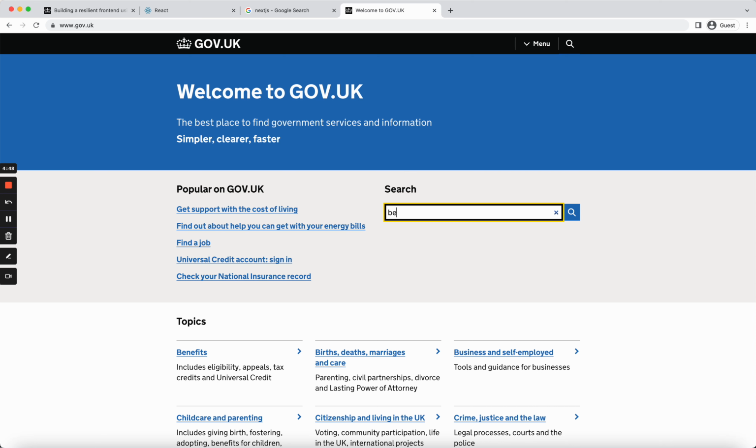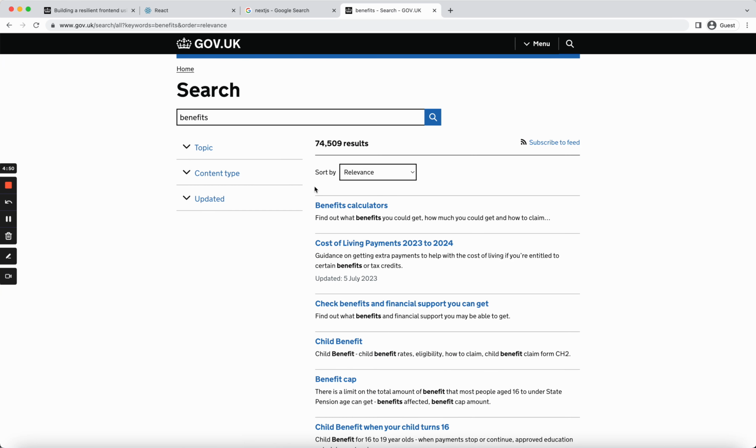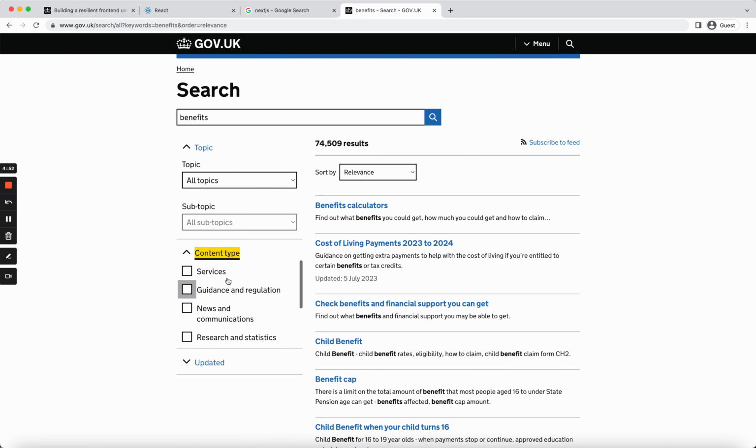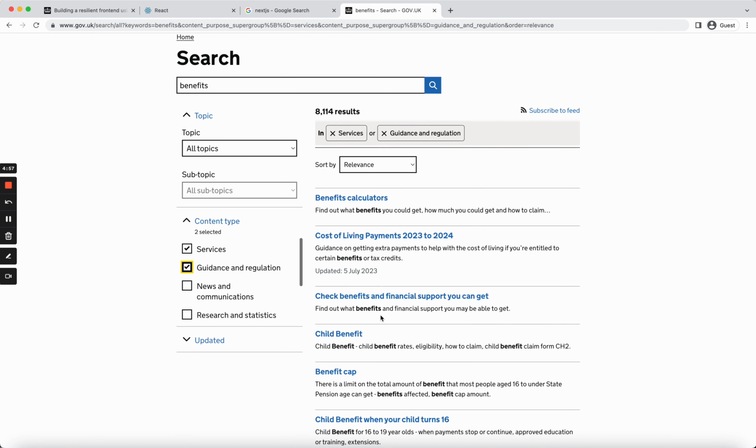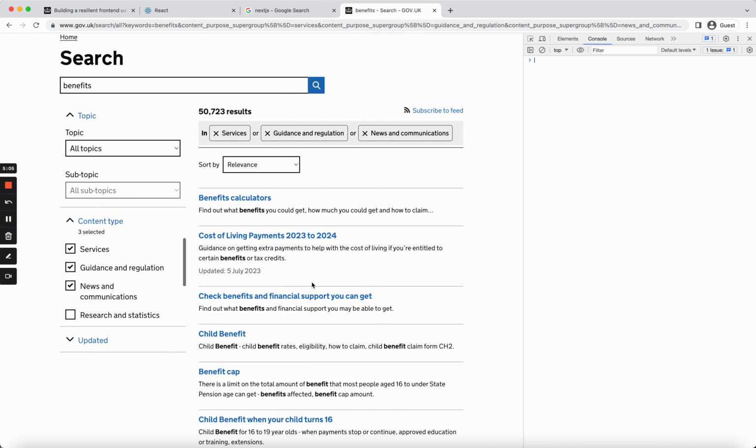So like, let's say benefits. So we search for benefits, and if you, for example, select for services, you see JavaScript is reloading this section of the page, and it's updating the page without navigating the user away. But if I was to turn off JavaScript,